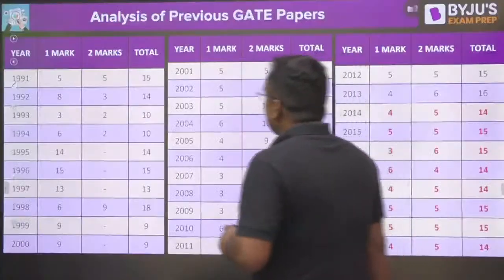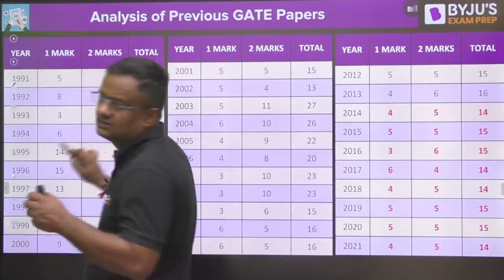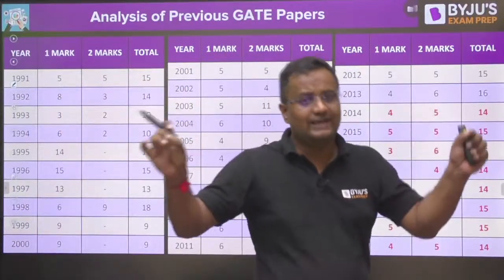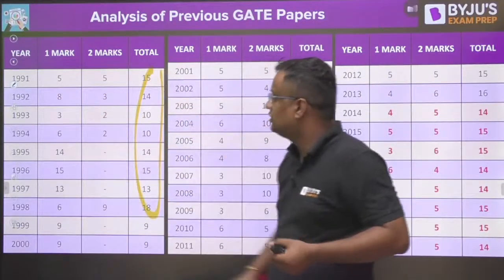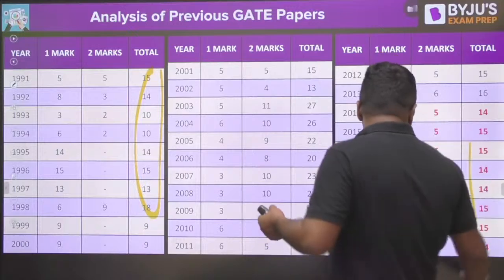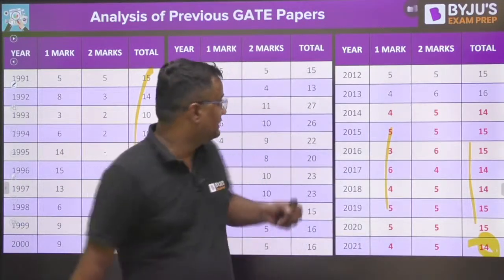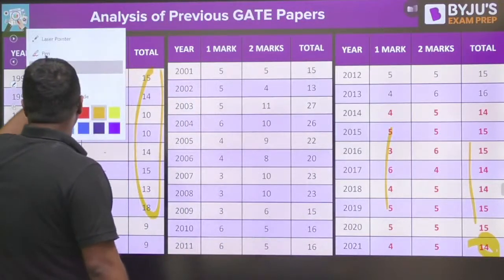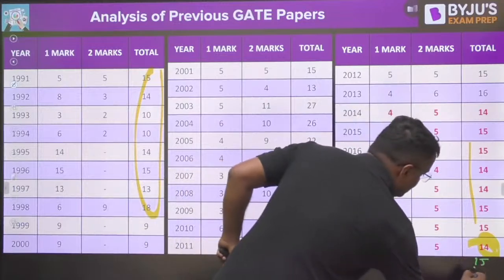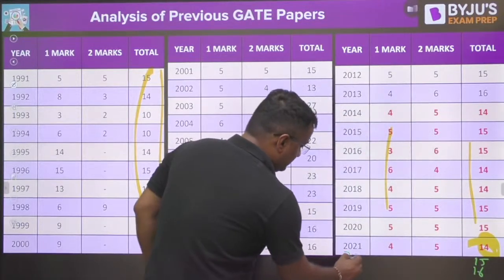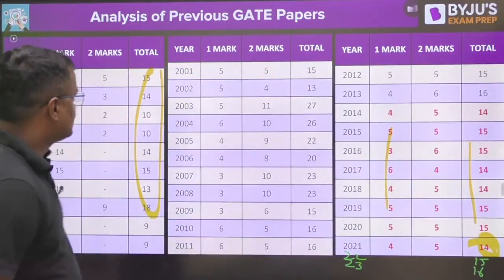Before going further, let me tell you the weightage of soil mechanics. It is not just one of the highest weightage civil engineering subjects, it is the highest. Usually it comes to 14 to 15 marks if you take set 1 and set 2. Even for 2022 and 2023 it is the same: the weightage was 15 and 16 marks respectively, from both sets.